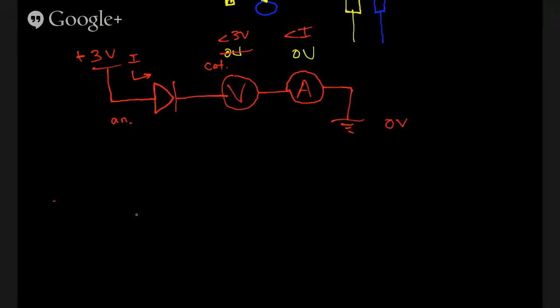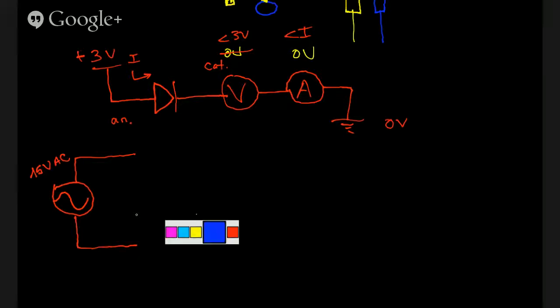So let's make an alternating current voltage source. Alternating current is what comes out of your household outlets. Let's say we'll rate that 15 volts AC. If you were to look at a graph of this, we're going to make a graph here,